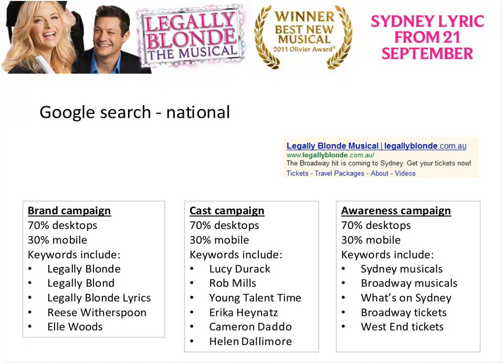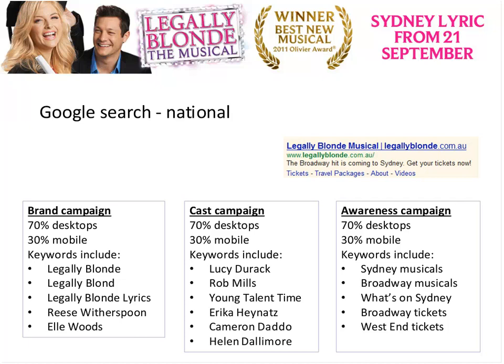So in Google search, for the awareness campaign, because those generic keywords can be quite competitive, the cost per click bid price can actually go quite high. So we might be looking at, in Australia, $4 or something per click, which is incredibly high. So it's very important that you split that out into a separate campaign so that you can control the cost per click bid limit. Always set a bid limit for those more competitive keywords.